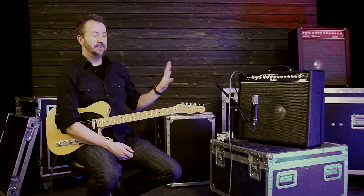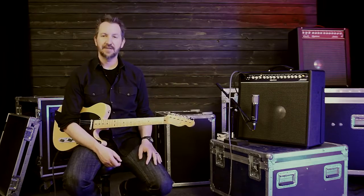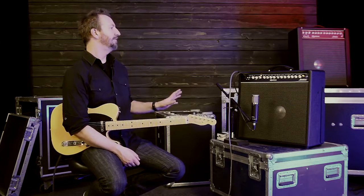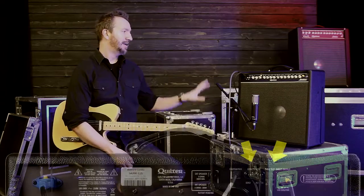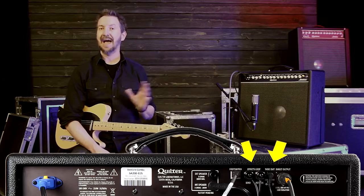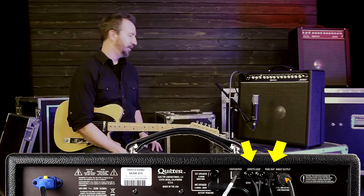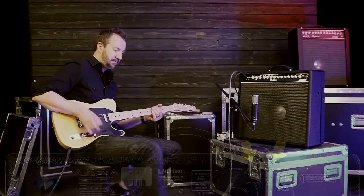One more thing I can show you that you're not seeing on the front of the amp is that you have a foot switchable effects loop in the Steelaire combo, actually in all the Steelairs. What that's going to give you is the ability to put anything in the effects loop, but it gets better than that. We actually have a 9-volt DC power supply on the back of the amp. So you may not love reverb, you may not love tremolo, but if you're one of those players that just has to have delay, well then we can power it all for you and put it in the loop. So if I turn on a delay pedal and turn on the effects loop,